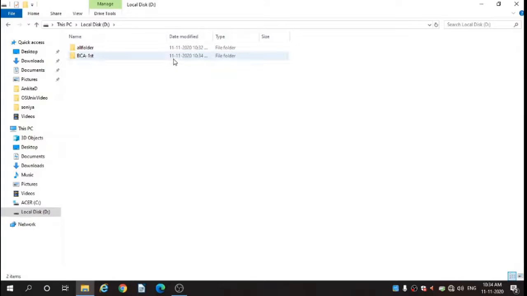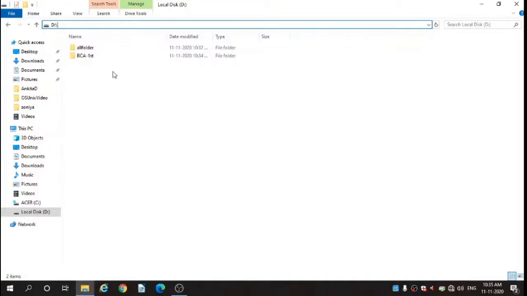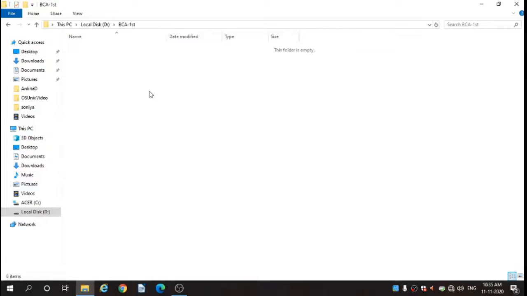Double click on this because we need to insert things inside your folders. Double click on this and you can see the folder is empty.